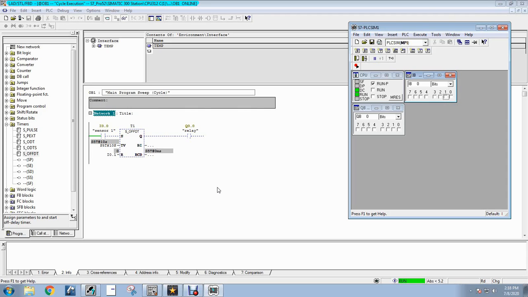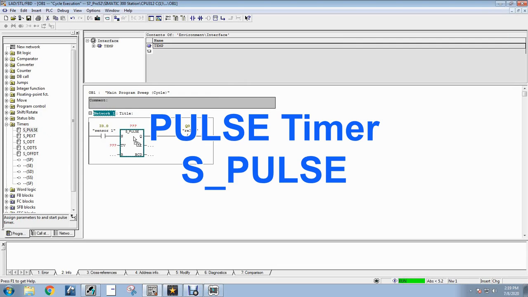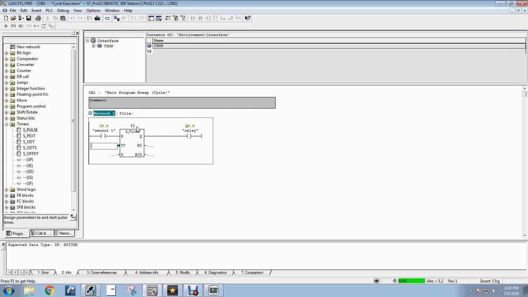In certain applications, we need the output for a certain period of time, even if the input is high for a long time. For this, we can use pulse timer. Assign the time in the format S5T hash.